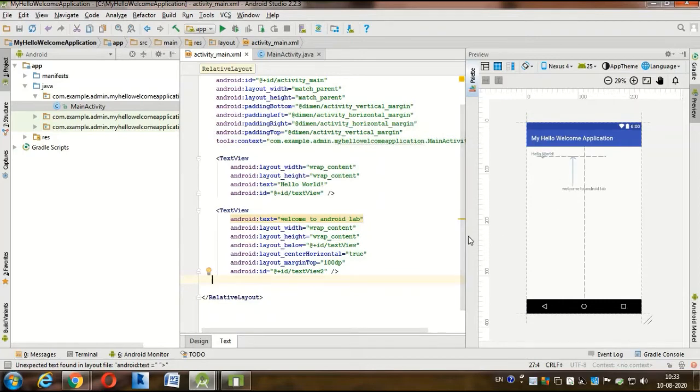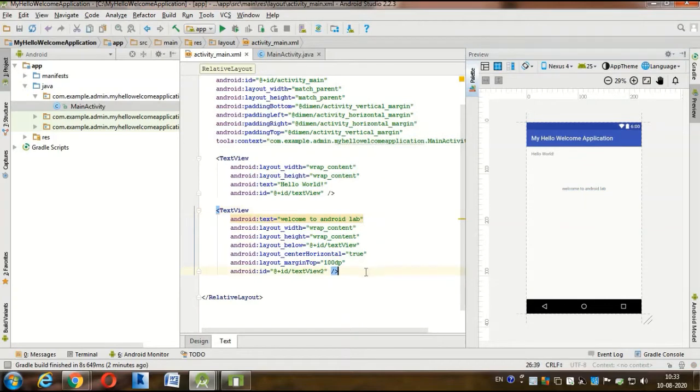Then this is the ID for text view 2, because the first text, hello world, is already available, so this is text 2.